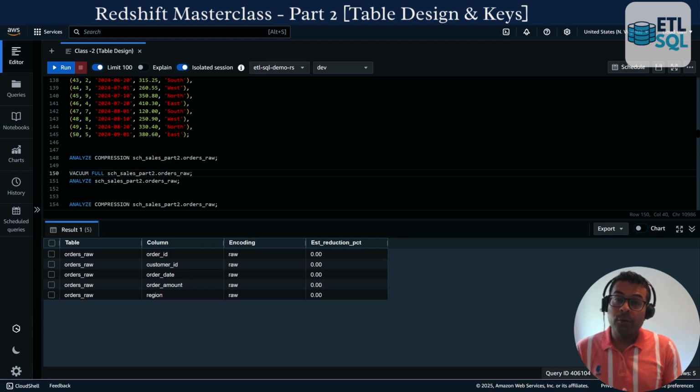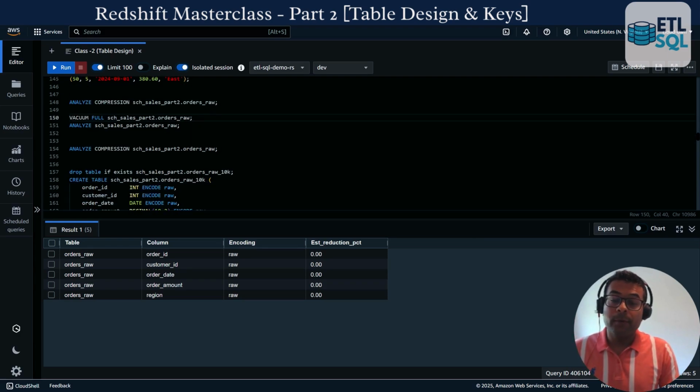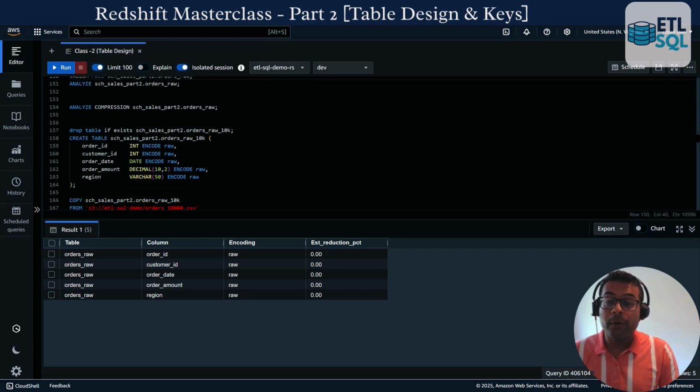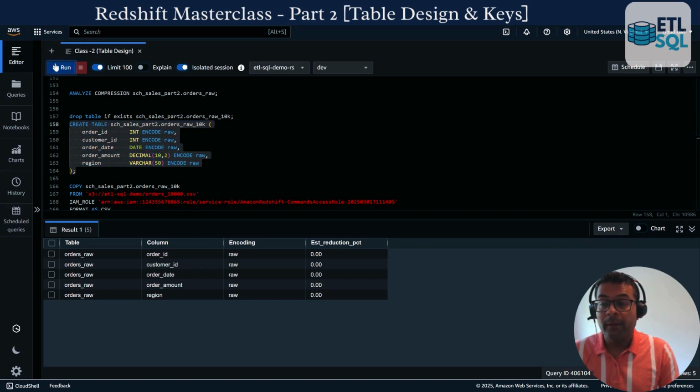But I'm sure as the table size grows, the encoding recommendation comes, right? In production, since you're dealing with terabytes and petabytes of data, it is always recommended to have encoding on your table. So to test this hypothesis, I'm going to create another table. This time I'm going to load 10,000 records in it instead of 50, and then we'll see. So I'll create a table here